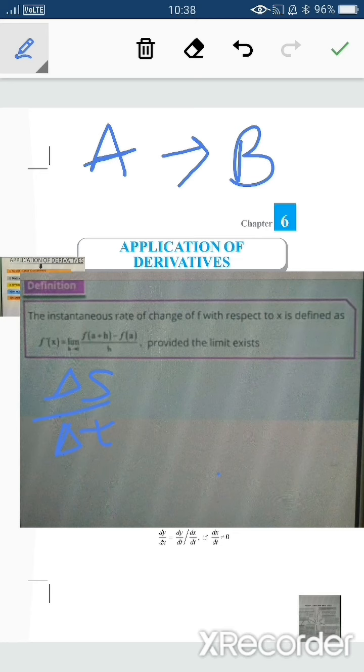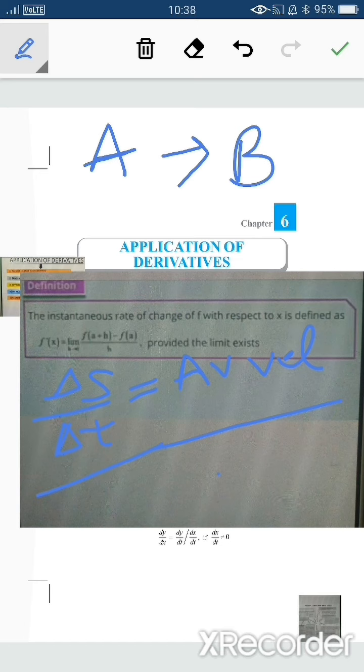And what is the rate of change of distance with respect to time? That is considered as average velocity. So average velocity is equal to delta s upon delta t. You will get the change of distance with respect to the change of time. If you have analyzed the change of time for 1 hour, then you will get the average velocity. But if you start reducing time from 1 hour to 10 minutes, then to 1 minute and so on to 1 second, you will get the analysis of velocity, but for a very short time.